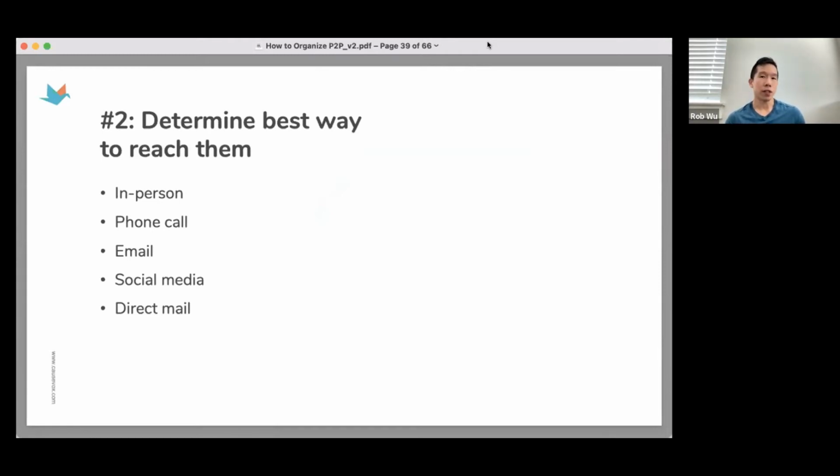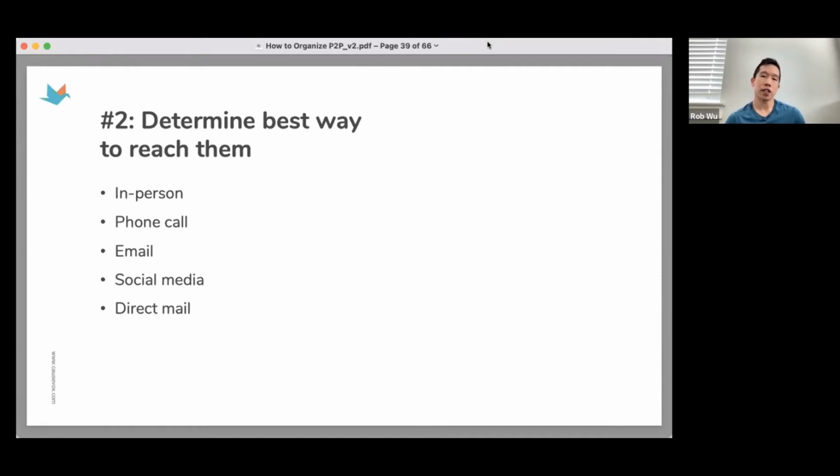Now, the easy way to do it, if you want to phone it in, well, not literally, is to mass email everybody the same message. But the better way is to actually segment them, figuring out how they want to be contacted. There are some high value folks like corporate sponsors. You probably want to call them so that you can pitch them your idea, gauge their reaction, and maybe adapt that messaging a little bit so that they can actually take action.